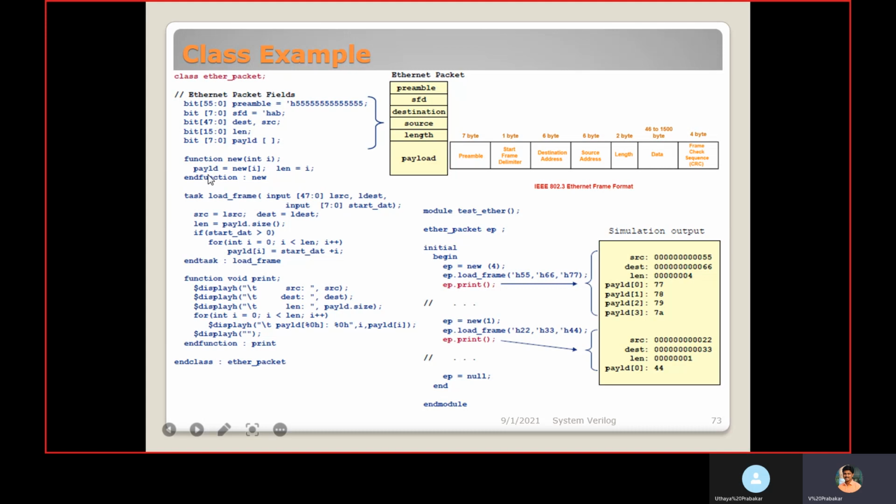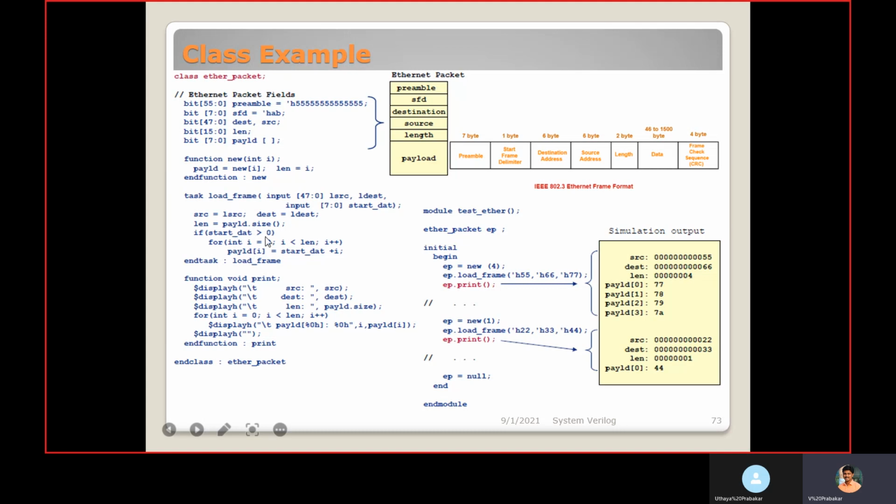Here payload size is assigned, so that size is equal to length. Length is taken by payload.size. Then we are passing the start_data as an input argument.